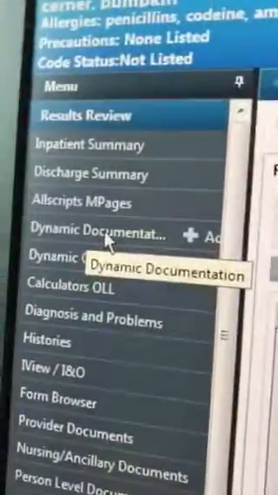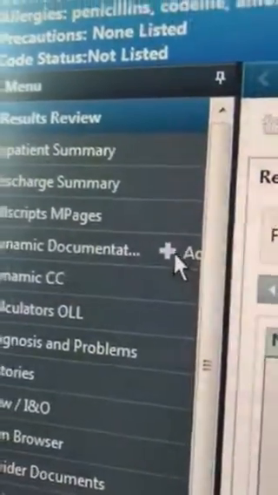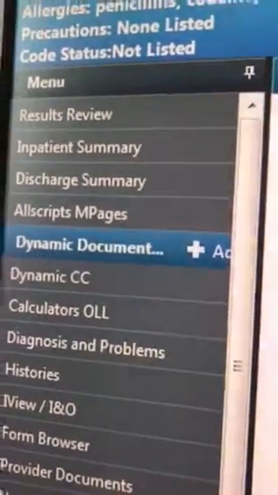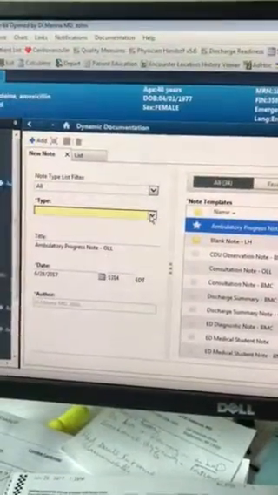Doing a note on a procedure other than a consult, etc. Go to dynamic documentation and add a note. Up comes this, and